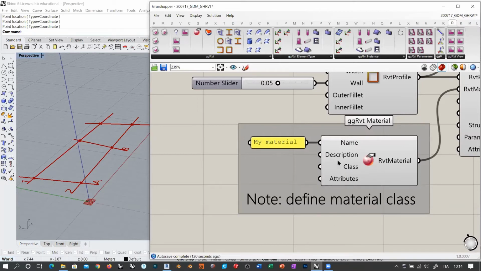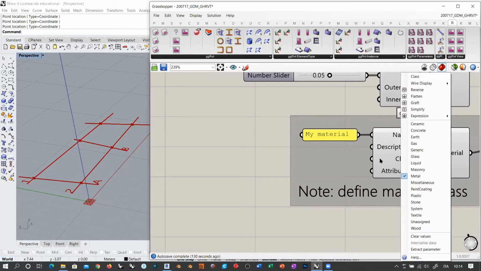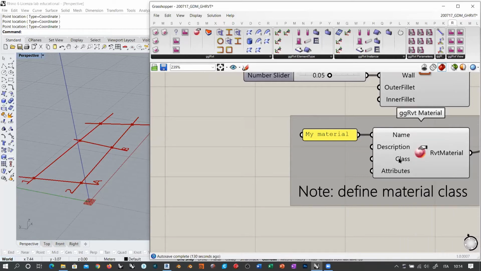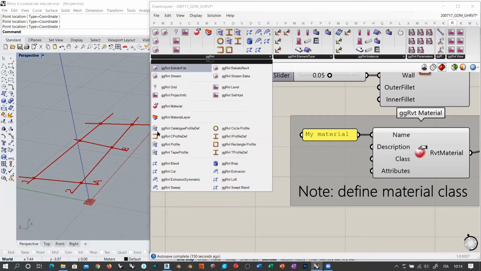Okay, you do this once. You can also create a value list in order to have it available whenever. So you must replicate this kind of thing. Remember that there is also a tip here. You see that 0 is ceramic, 1 is concrete, 2 is earth, gas, generic, and whatever. You see here there is gas as well. It's because this material here is not a material for columns. It belongs to the generic group of nodes. So this material can be used for defining, for example, the